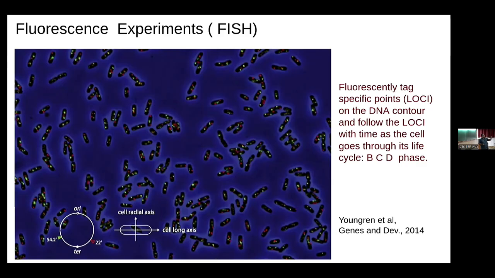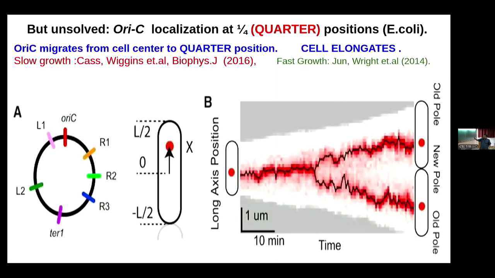They have been fluorescently tagged with fluorescent molecules, and you can see them green and red and so forth. So what people do is look under the microscope and see how this green and red and whatever colors move as a function of space and time, and thereby they map out the chromosome reorganization. In particular, what Carson Wiggins did, 2016, is that they marked 7 different points on the chromosome by fluorescent markers